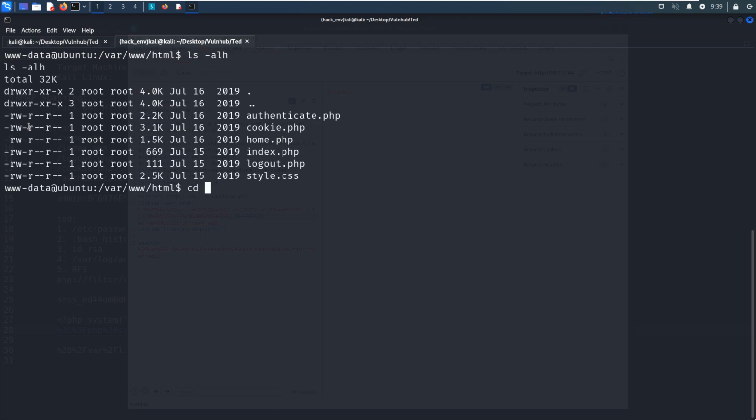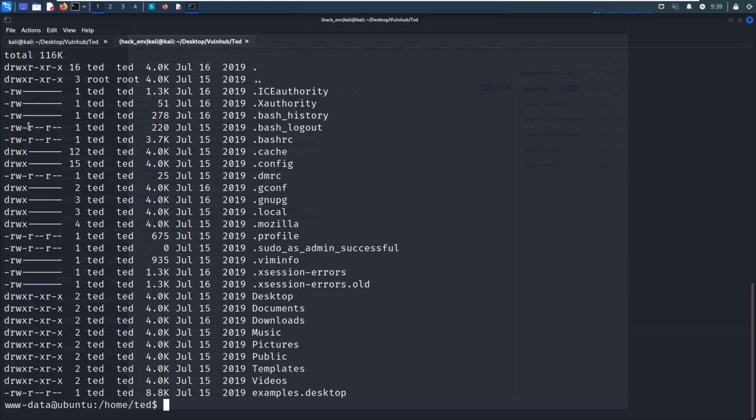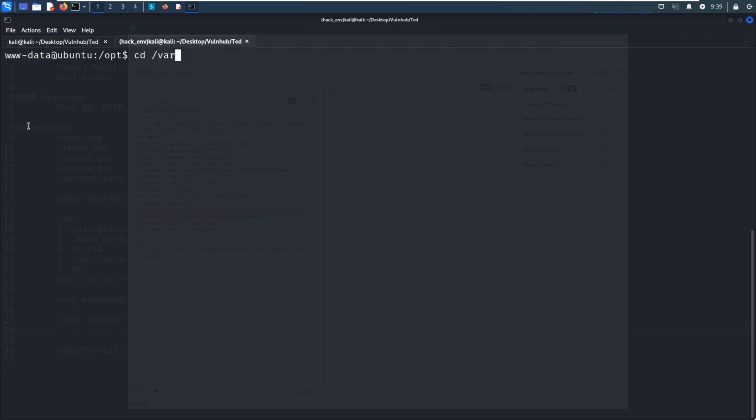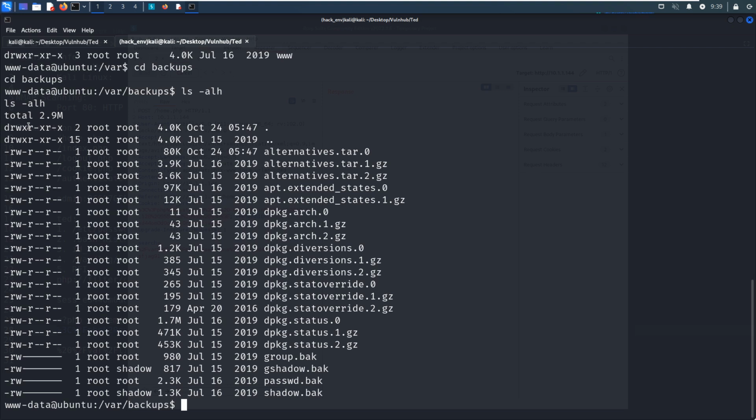And we need to do some local enumeration. We know that there's only one normal user, Ted, but nothing here. Go to the opt, nothing here. Go to var, go to backups, nothing here.